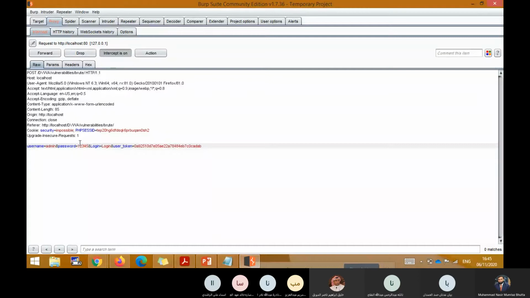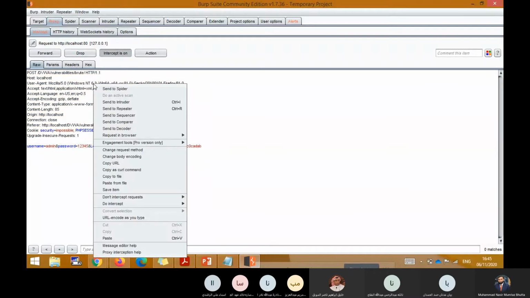Okay, so we have got it here. Now we need to launch an attack on this possible request. So what we do, as we have captured here, we right click and say send to intruder. You see here the option, send to intruder.